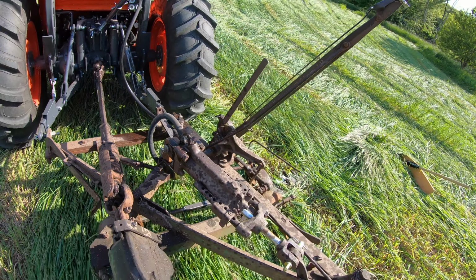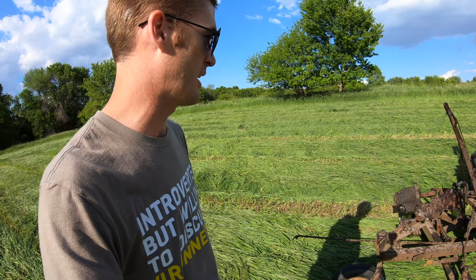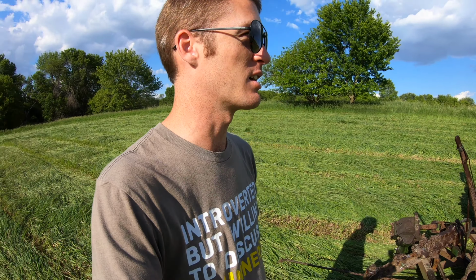But honestly, other than that, the sickle mower is working perfect, and it really makes a big difference changing out all those broken and dull blades. Sickle mower has been working awesome, so I'm very happy with that, and it's working great with the mower. I got the cruise control set, just cruising along. When I'm not having to control the drone and stuff, I can actually mow fairly decent, except for